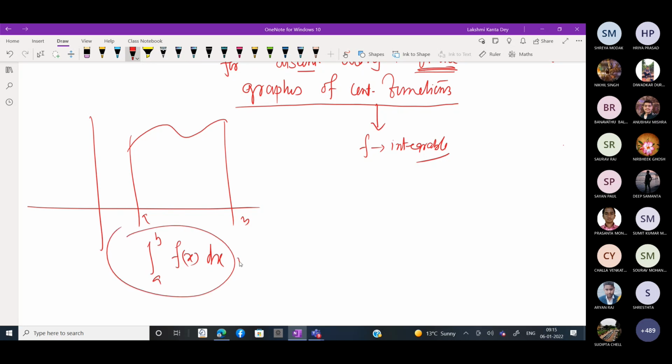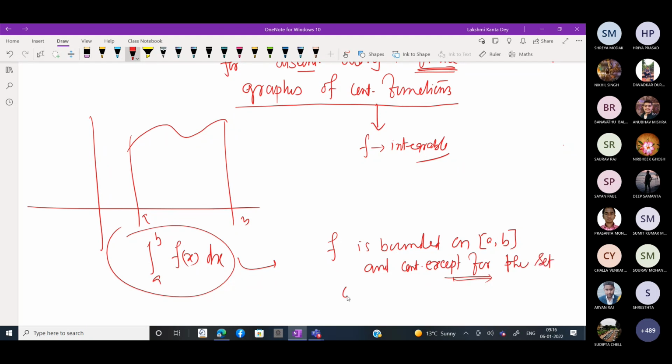If f is bounded on your [a,b], and it may be continuous except, here I do not say finitely many, except for the set of discontinuity of measure